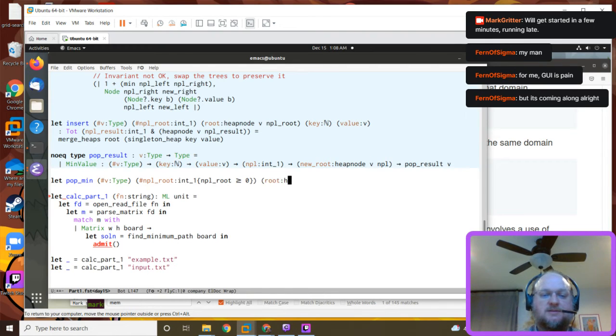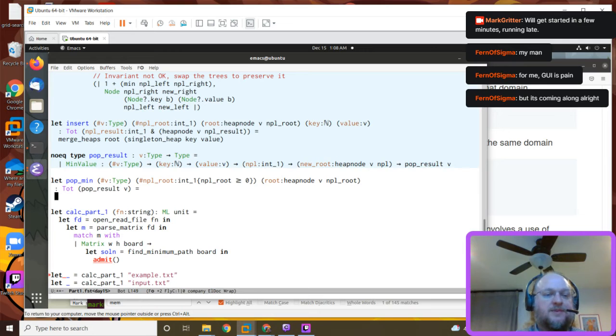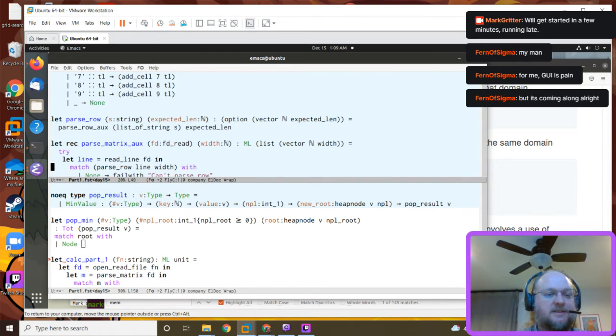So root, and that returns a pop result of type V. So that is going to be, okay. So if we got a node, just to extract all the values back out,